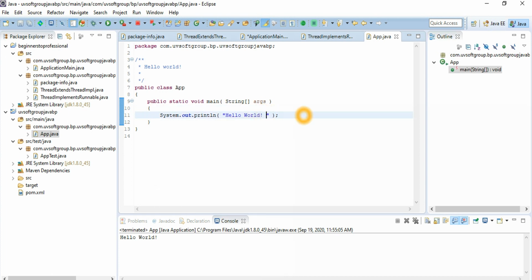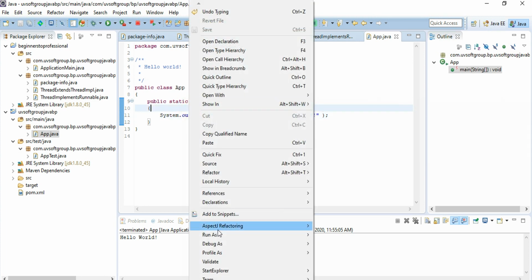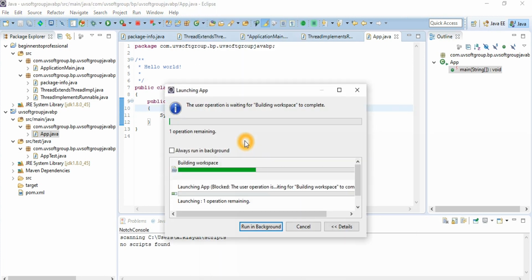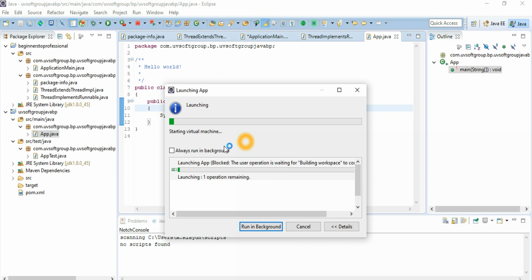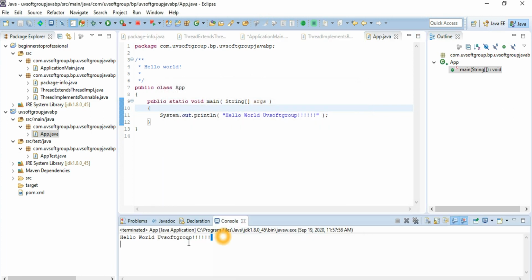You can say hello UVSoftGroup. We can say UVSoftGroup, and this is hello. So when we save something, it's compiling in the workspace, and then if you run it again, that means it's compiled again, looking for our main class method. So every time you compile or debug your code, it's looking for where my main class method is,